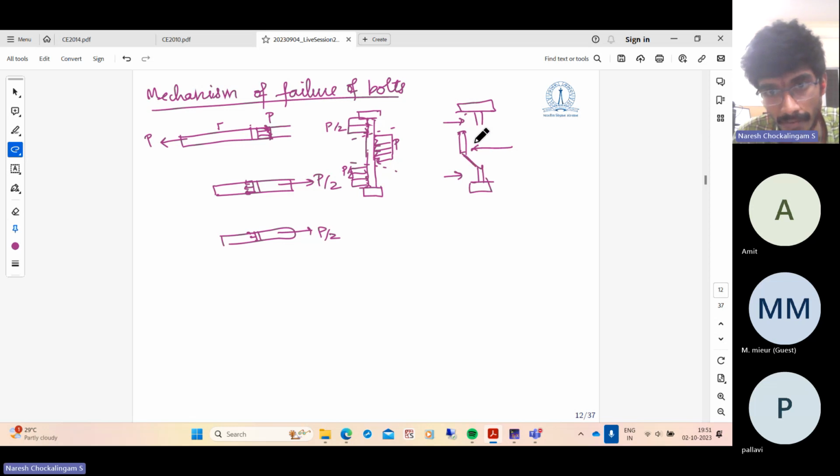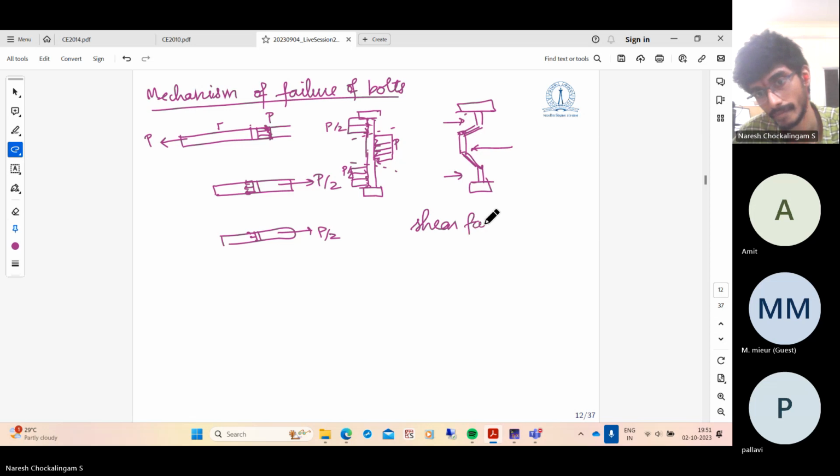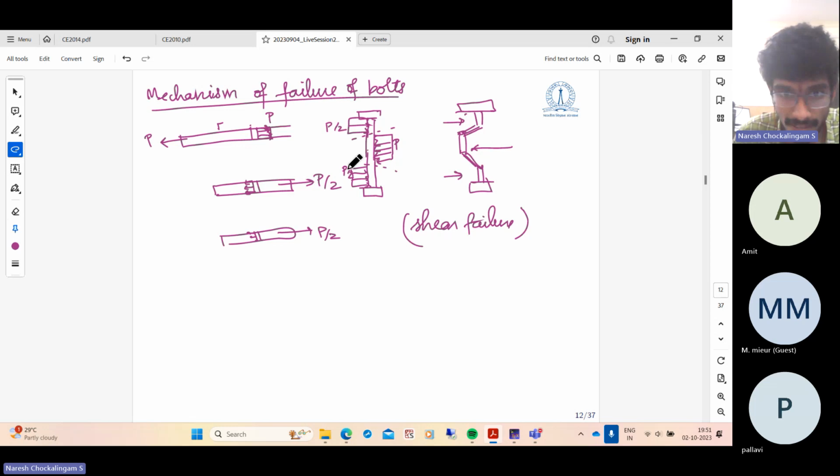And if it is ductile enough, this is what will happen. It will yield in shear, or it can break in shear. So this is shear failure of the bolt. Alternatively, this force comes as a concentrated force onto a very small cross-section area of the bolt itself. So initially, if the bolt cross-section viewed from the top is something like this, because of the action of this concentrated force coming from the bearing of the plate onto the bolt,